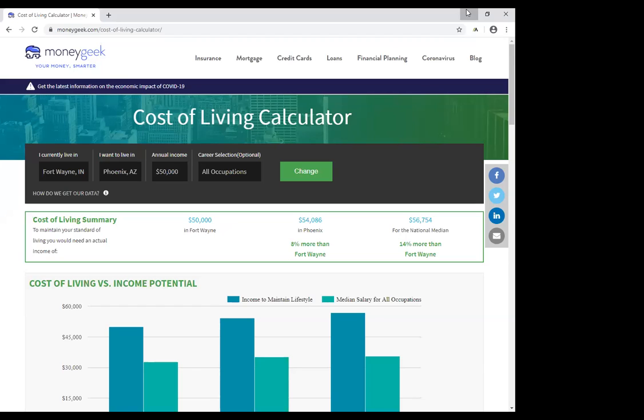And let's put that our salary is 30,000. So based on your Fort Wayne Allen County salary, your Atlanta salary will need to be 35. So again, bigger city, cost of living changes. So we're going to have to make a little bit more money so that we can at least have the same lifestyle. And then it goes down to show you the expenses, comparing them from place to place, housing, utilities, food,